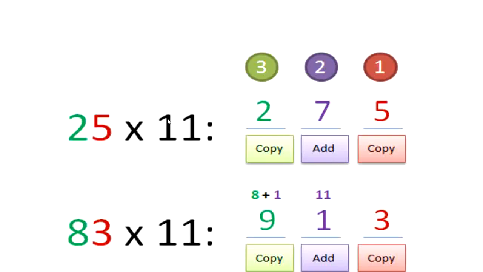So this is another example, as I told you. So this digit 2 goes with the first digit and the 5 goes with the second digit. Okay. So now you see 2 into 1 is 2 and 5 into 1 is 5. 2 plus 5 is 7. The answer is 275. And then 83 into 11. 8 into 1 is 8 actually. And then 3 into 1 is 3. And now you add 8 plus 3 is 11. So you have 1 here, and then carry over should go here. And 913. The answer is 913. Isn't it so simple? And I'm sure you're going to pick it up so easily.